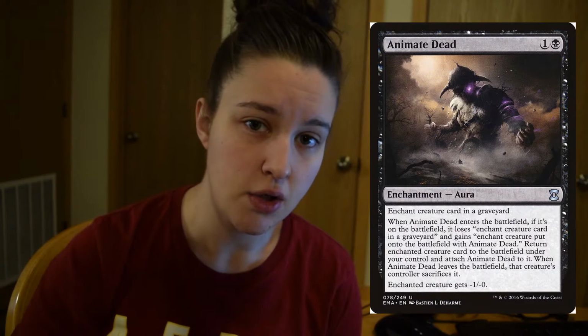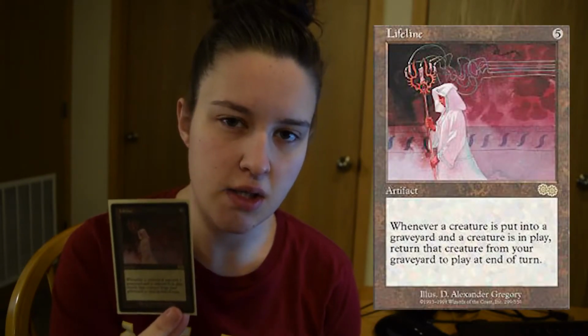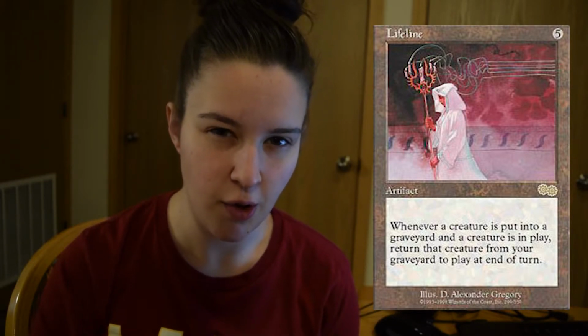Gonti is pretty cool. Another thing, when Gonti's in the grave, we have Animate Dead. So we're going to bring him right back, only for 2 mana. Now, my absolute favorite card in here has to be Lifeline. It is a double-edged sword for your opponents, but ultimately, you're going to get the most benefit out of it, hopefully,